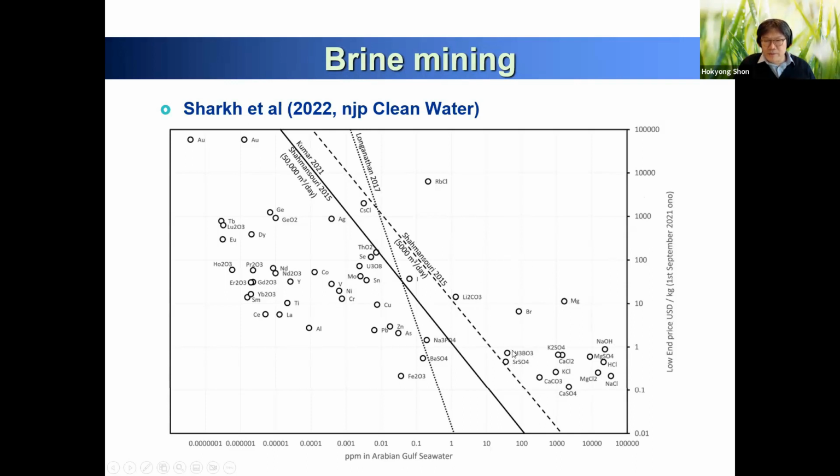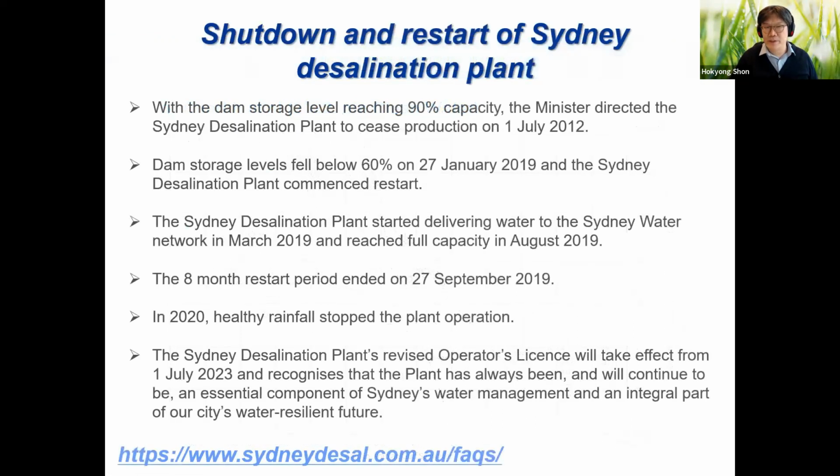So we can get a lot of valuable materials with a very high cost. So from the brine, if we selectively collect these materials, you can be a very rich person with this technology. So that's how we can develop brine mining from seawater and the RO process, because they just